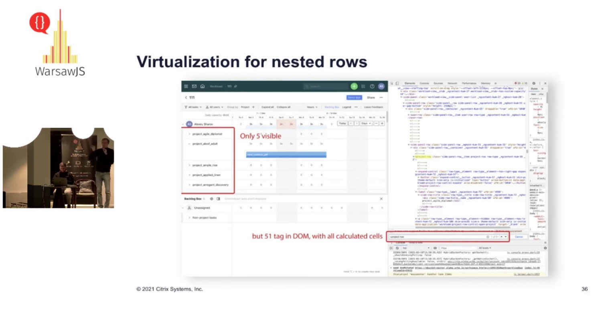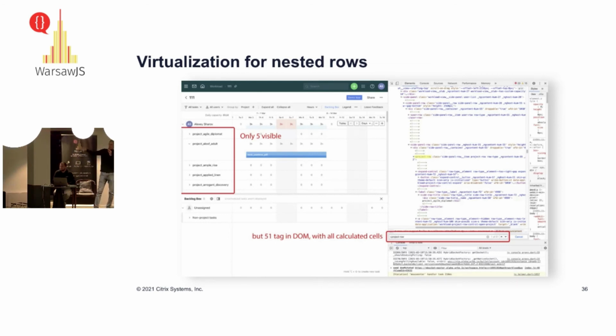And it worked perfectly fine until we got nested rows, until we got hierarchy. I don't know why, nobody does, but we made a really simple mistake. We forgot to support virtualization for nested rows, and look how it worked. In a viewport, there was a user with 51 projects underneath. 51 projects underneath this user.